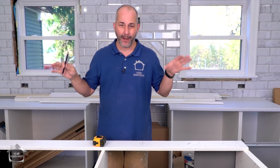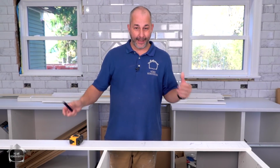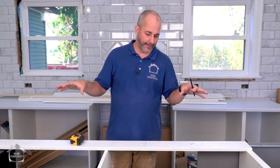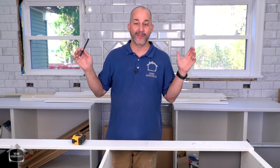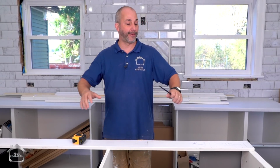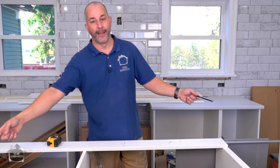because on an island this long, you need to have 2 plugs. Now, I recently had the electrical inspector in before we put the drywall on, and we were talking about the counter specifically. I said, where do they need to be? Does it matter? And he said, no. As long as there's 2 on the island, he doesn't care where they are. He doesn't care if they're functional at all. So we're actually going to go through the back of the cabinet on each end and put in plugs with